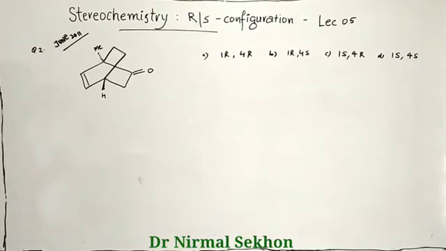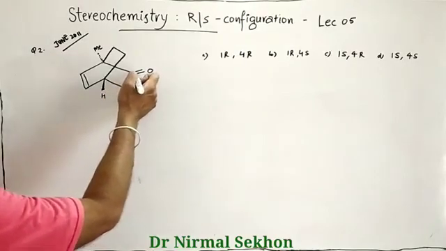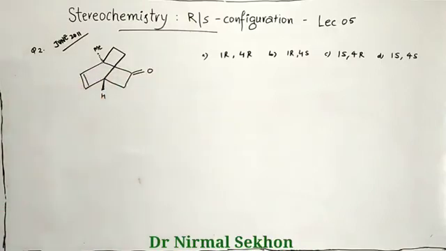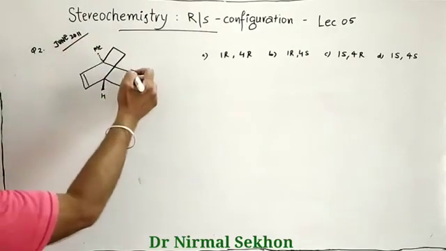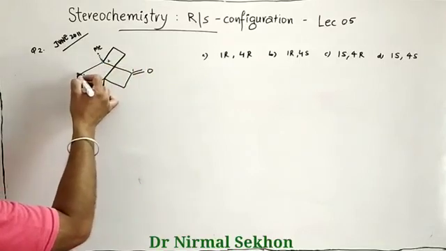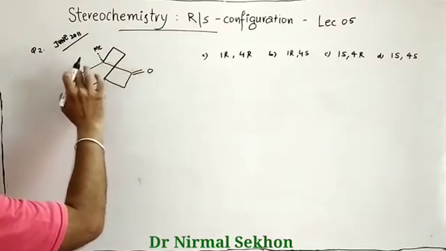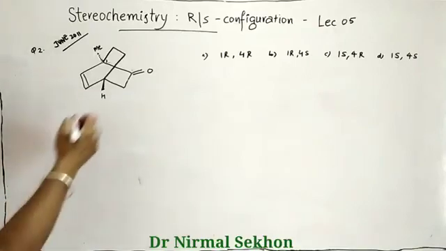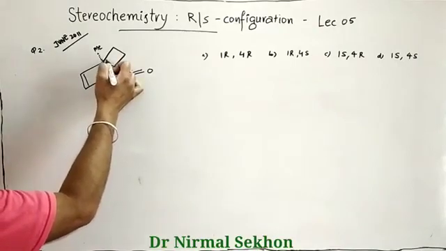Now in the question the 1 and 4 are marked, like move this side or move this side, the double bond will get number 3 from both sides. But here we have a methyl group, so this is the actual numbering. So this is your bridge carbon, so 1 is this and 4 is this. So we will